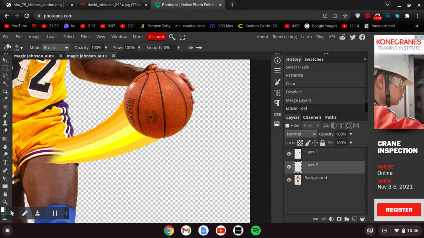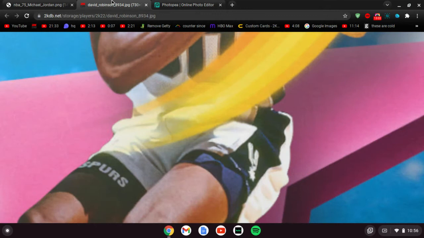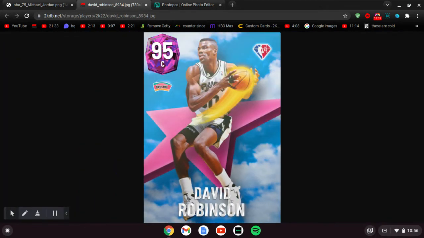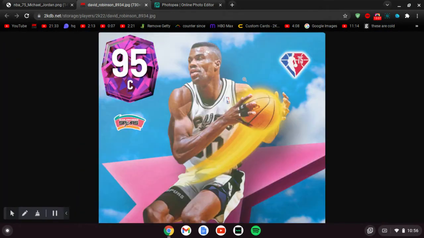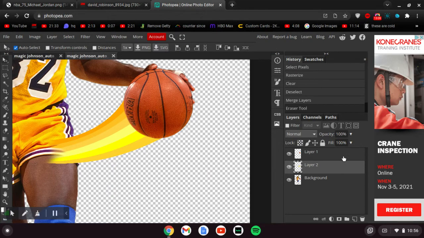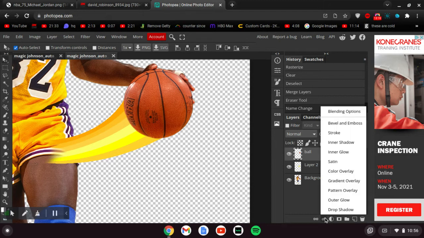After you've erased to where it looks appropriate, of course, now it's the outer glow part. So you want to select the ball. I probably should have told you guys to name the layer ball, but you want to go to the layer that is the ball, and then click FX on the bottom of the layers panel. You want to click inner glow, yeah,